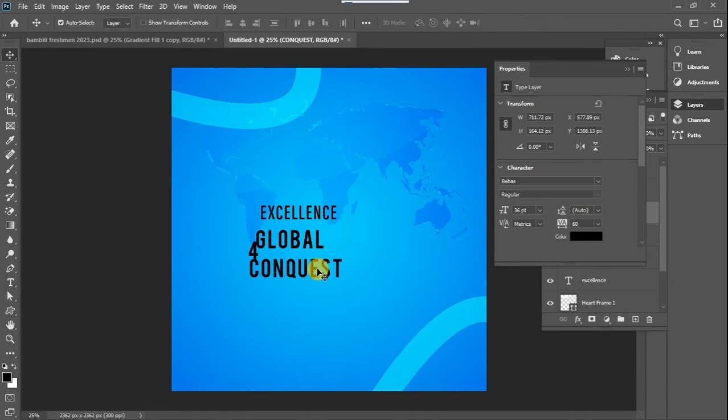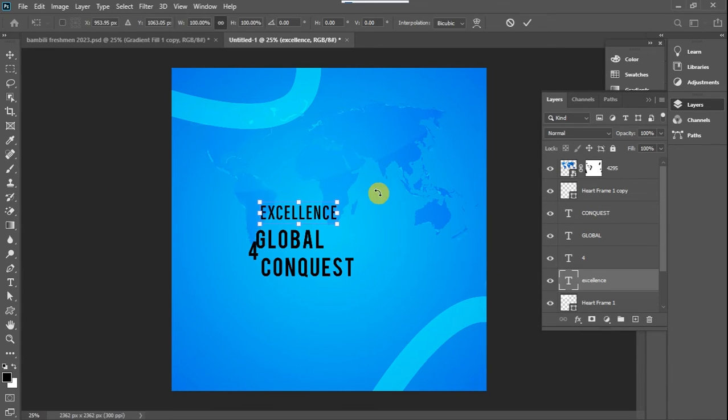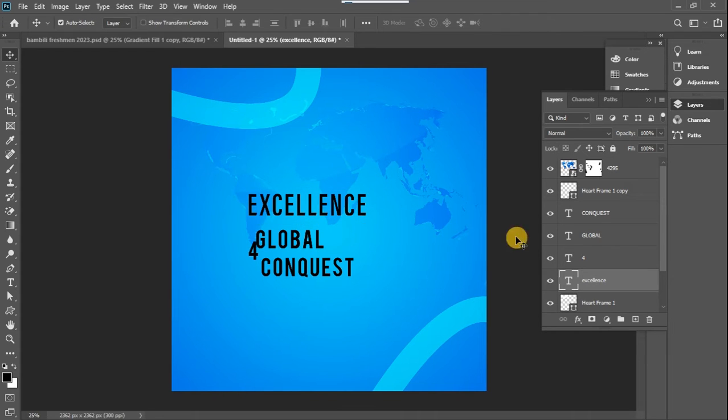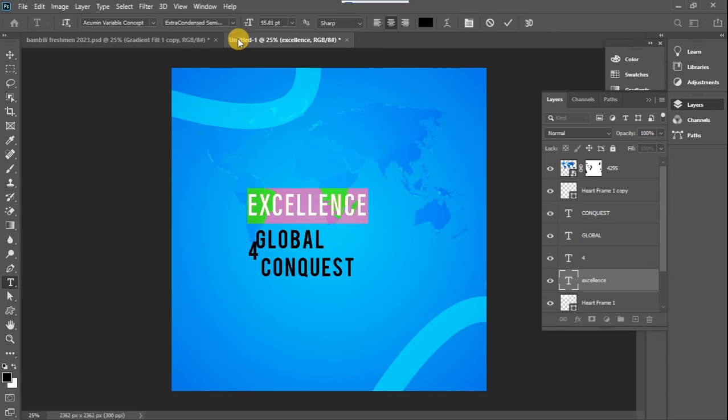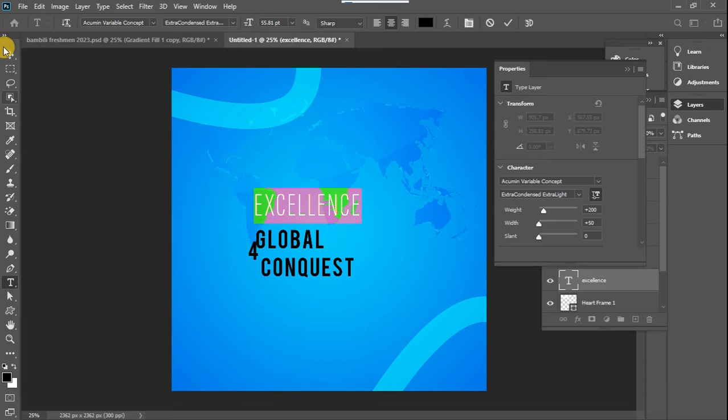Okay, so that's the theme of the program, excellence for global conquest. So I just had to rearrange everything and scale them up, scale this up to this, and I'll change this. It's a little too thick, so I'll use the thin version like this